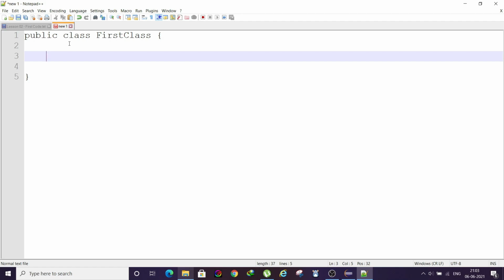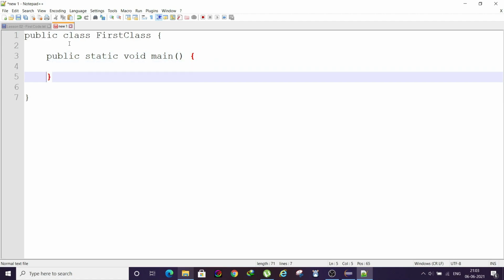Once we declare the class, we need to declare our main method. In main, as we had discussed, the mandatory fields are, we need the main method to be public, then static, then it should return void data type, then it should be named main.